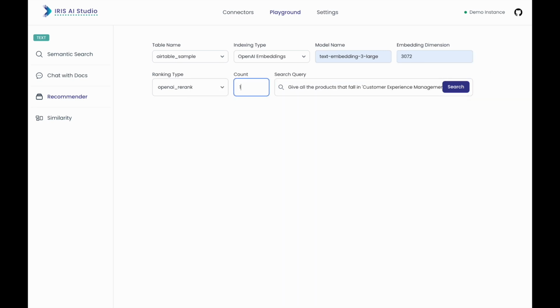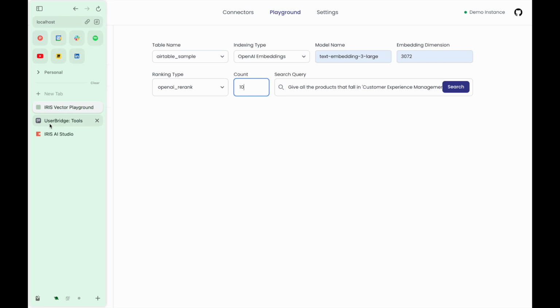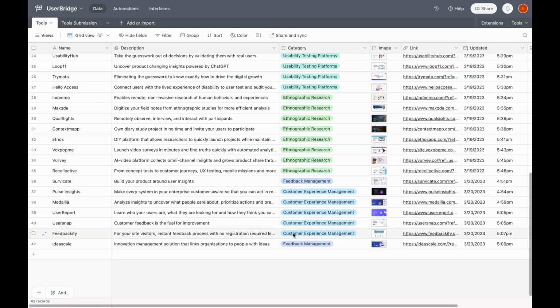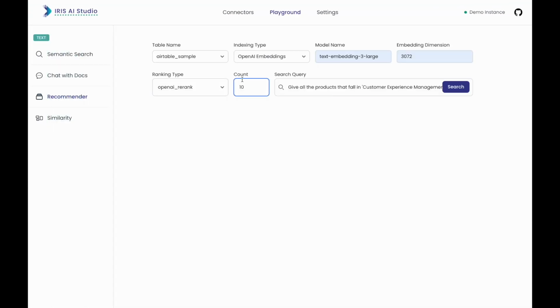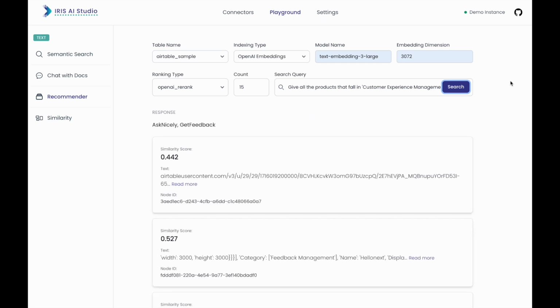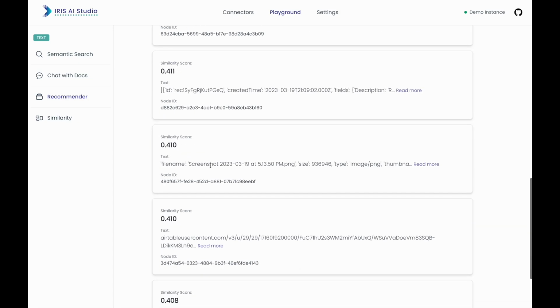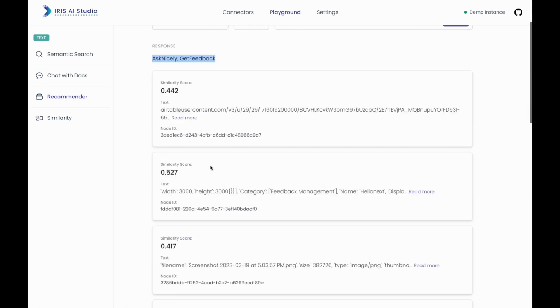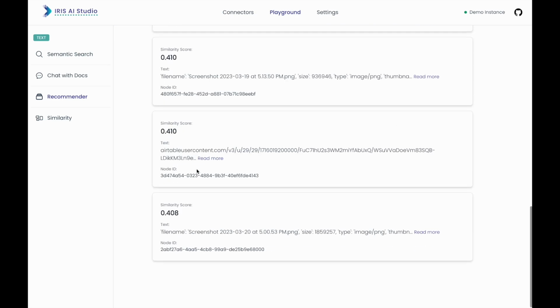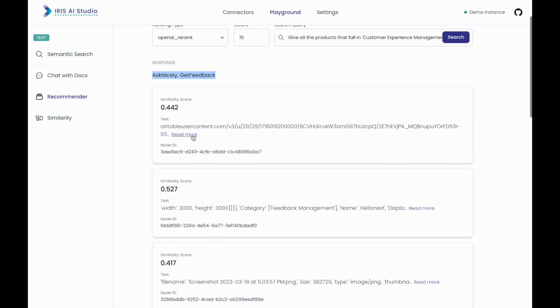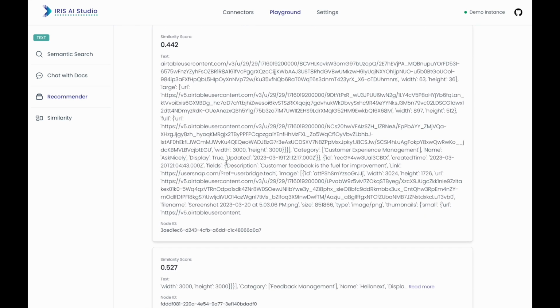Give all the products. I'll give the count up to 10, and I think there are only 5. Okay, there are exactly 10 products. In that case I'll just give 15. Let's see what it gives. Okay, the response is giving only 2, but in the similarity, how many did we get? 1 2 3 4 5 6 7 8 9 10. We got 10, and all of them,